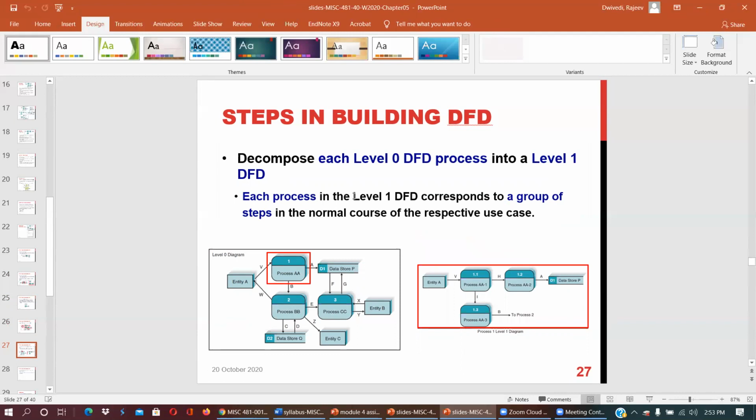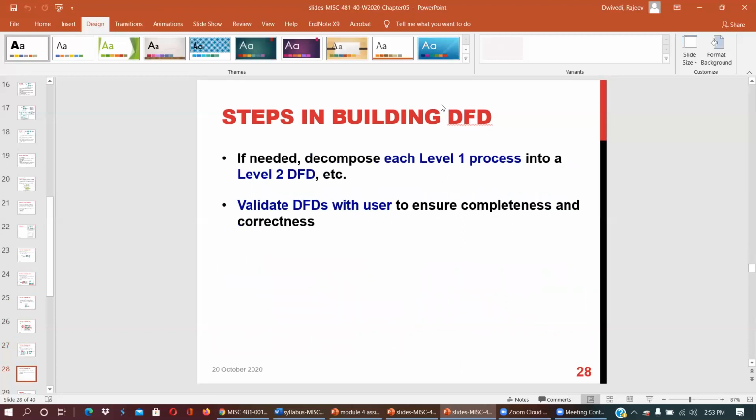Each process in the level 1 DFD corresponds to a group of steps. So look into this: process A is further decomposed into this. If needed, decompose each level 1 process into a level 2 DFD. And validate the DFD with users to ensure completeness and correctness.